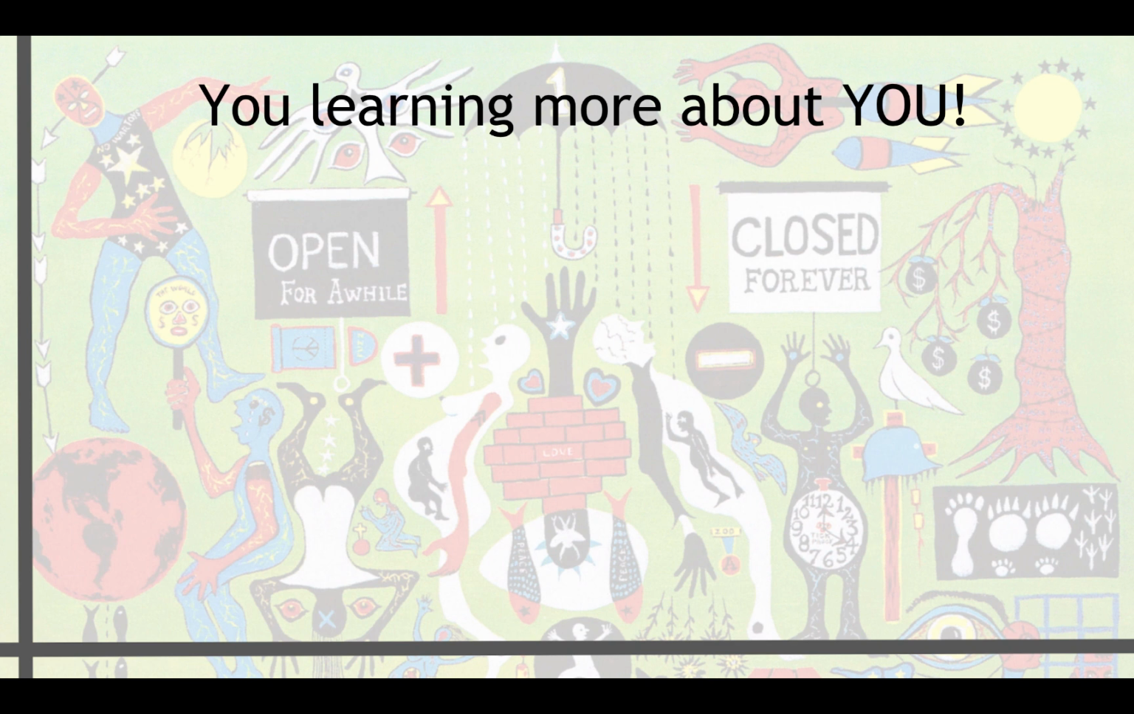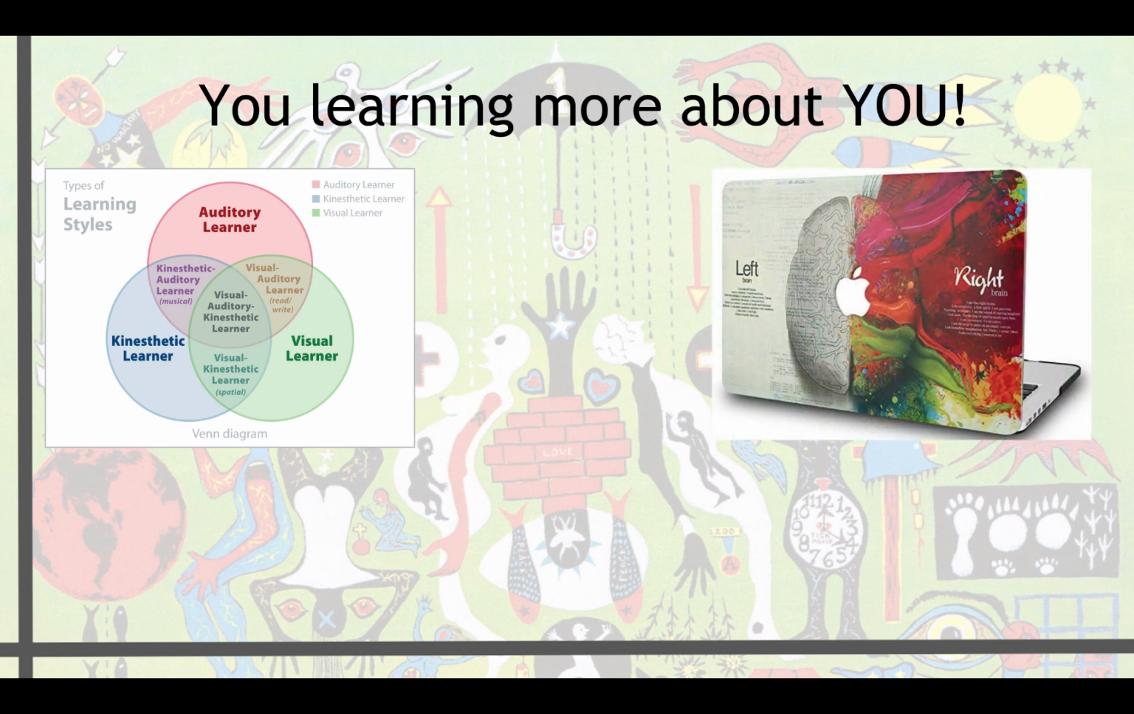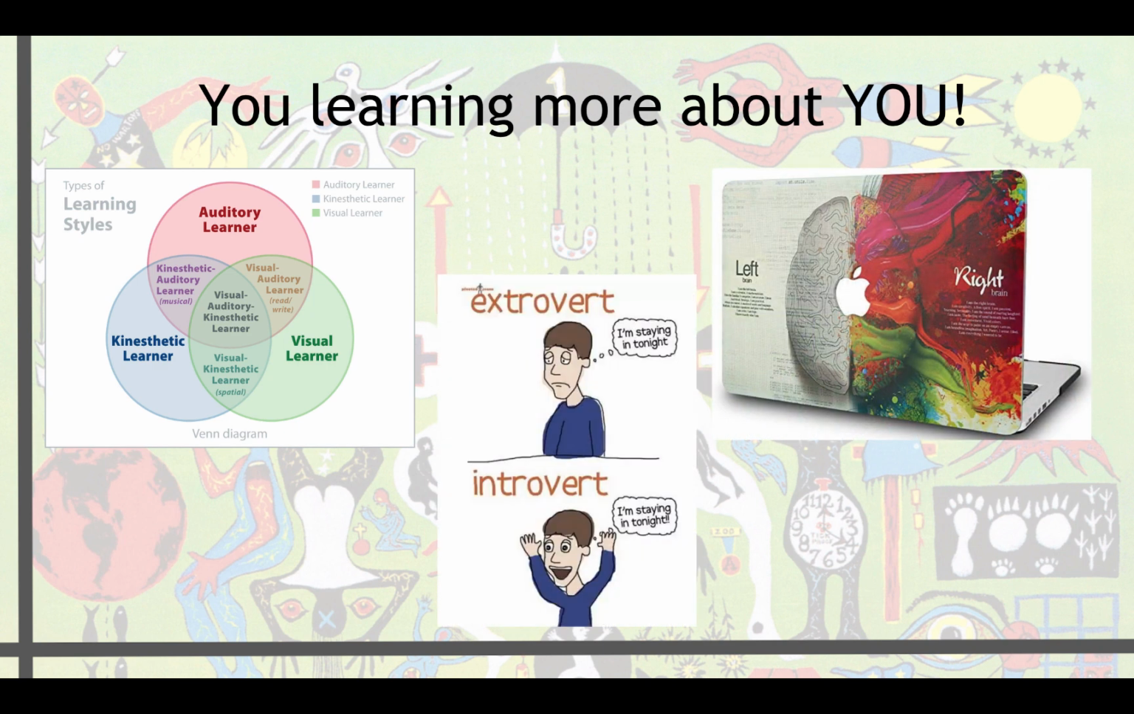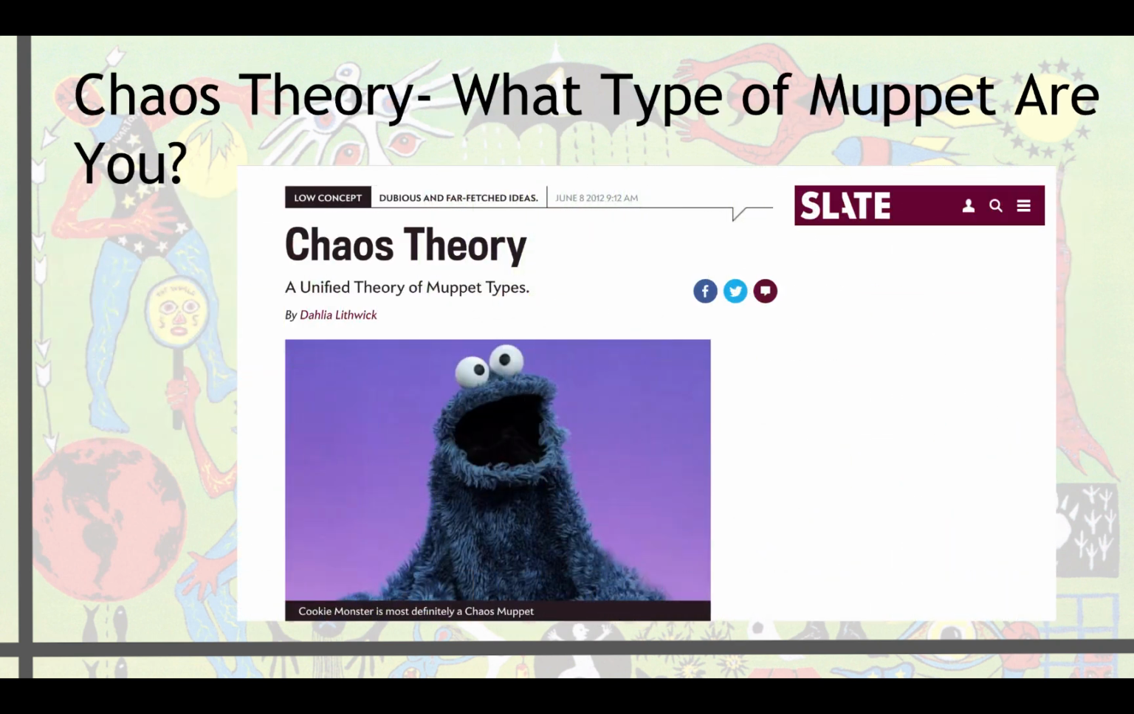You learning more about you. What are your preferences concerning visual, auditory, and kinesthetic learning? Do you know whether you are left-brained or right-brained? Are you an introvert or an extrovert? You'll be taking some non-scientific quizzes to find out results. Muppet Theory. Yes, Muppet Theory. Please read Chaos Theory. What type of Muppet are you? And take the quiz